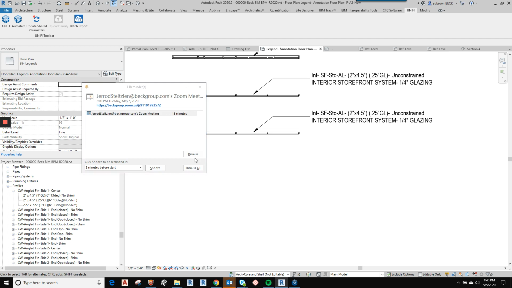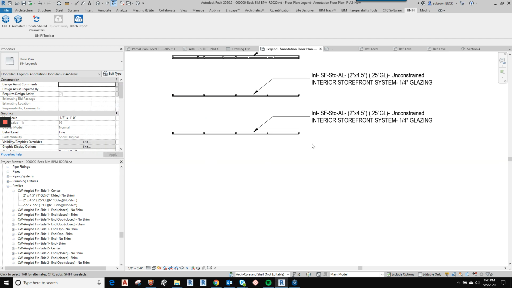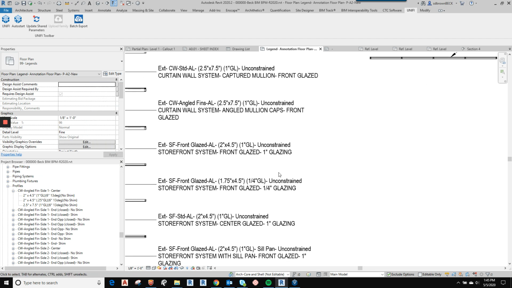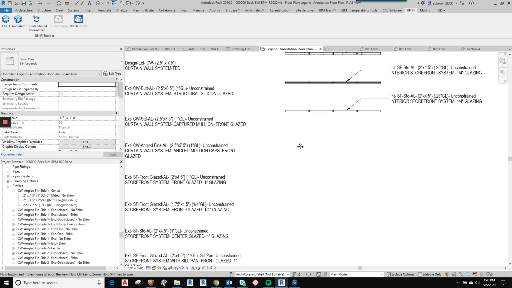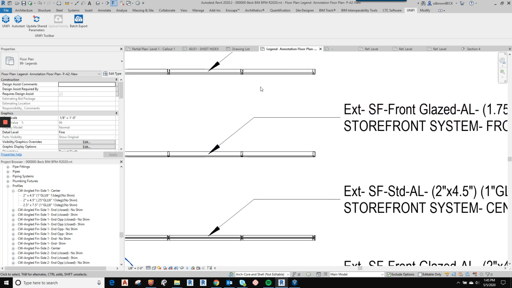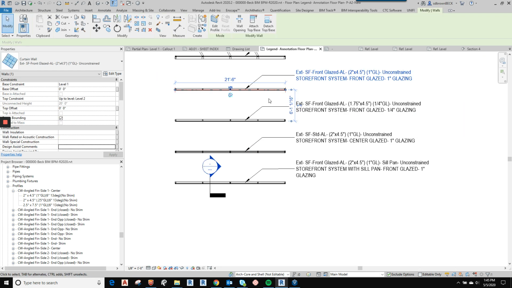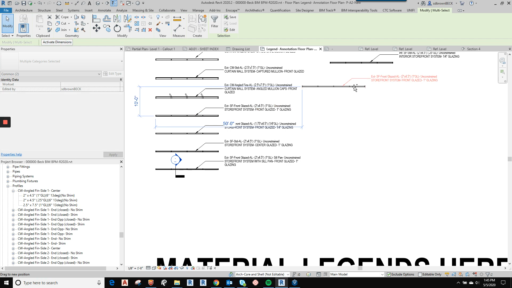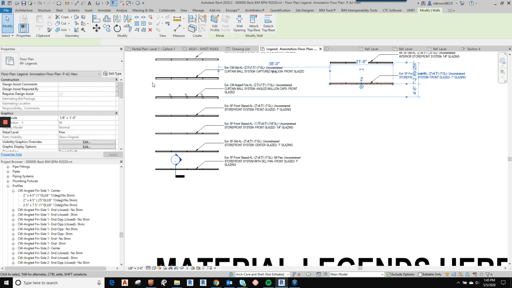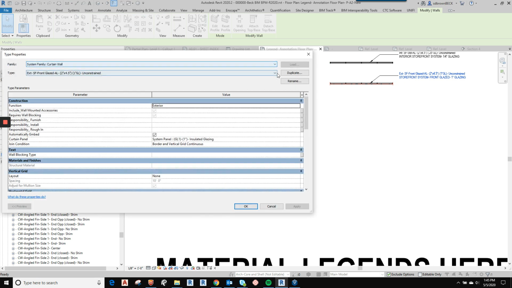So if you need an interior storefront that looks like one of these, so this is a center. Let's say you needed, for whatever reason, a front glazed inside that had inch glass, maybe for sound or something. You could certainly just copy this type over, edit, duplicate,